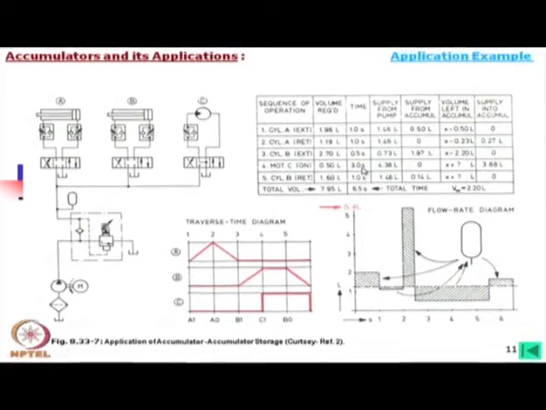within 3 seconds. So, supply from pump 4.38 liter, supply from this is from 0, and then this is of course volume left in accumulator, it is unknown because 4.38 liter is being pumped. So, 3.88 liter will try to go into the accumulator, and then cycle B